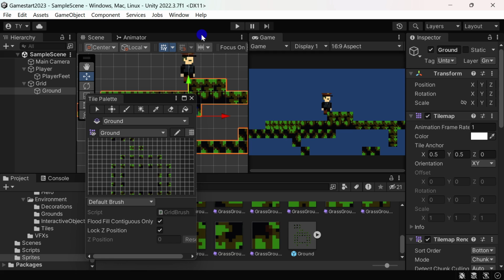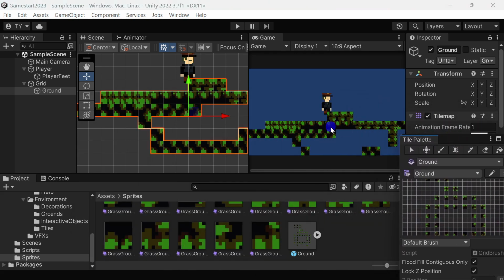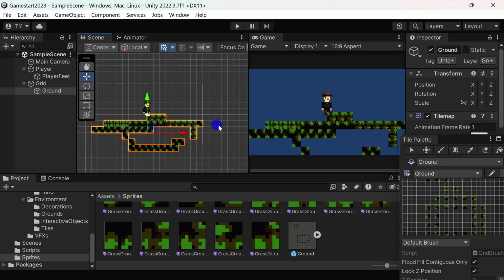Okay, any other questions? No? Okay, so if you don't have any other questions, let's get back here. So at this point, we kind of have a way for you to design the level, right? But